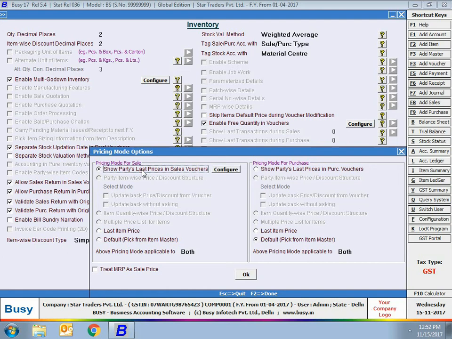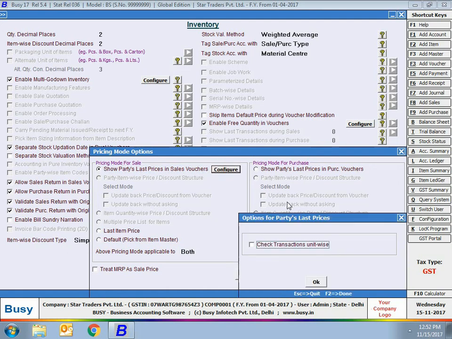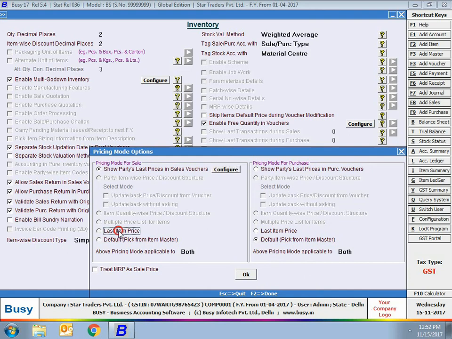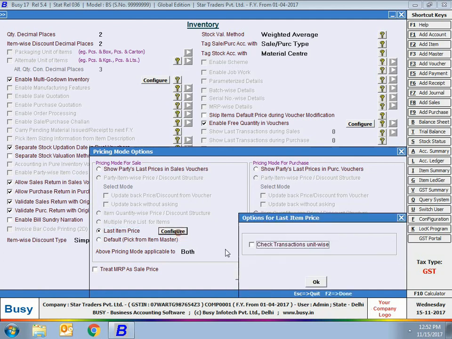On enabling this option, a window appears in which you can specify that you want to check transactions unit wise also. Next is last item price. Enable this option if you want to pick the last item price, that is, the price at which the item was last sold irrespective of the party. That is, it is not a party dependent feature. It will not check for the party. It will only check the price at which the item was last sold or purchased, and that price will be